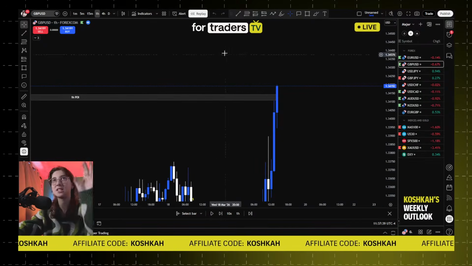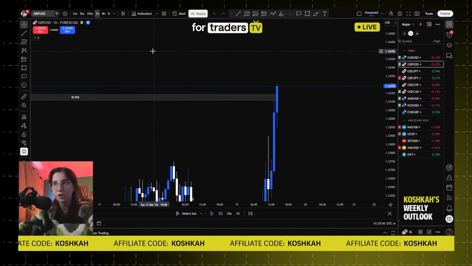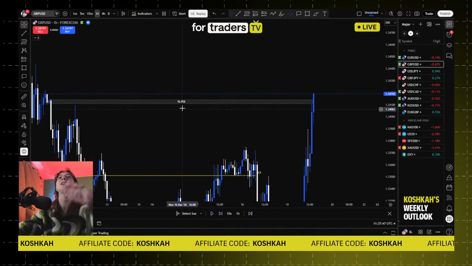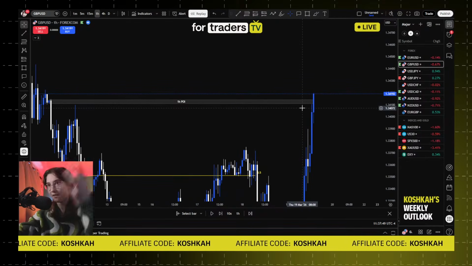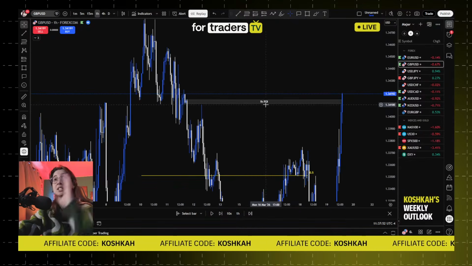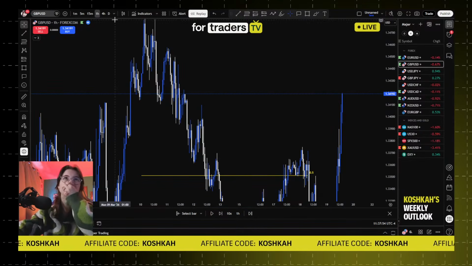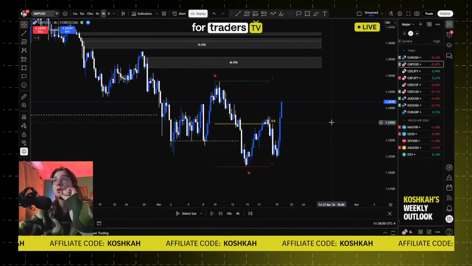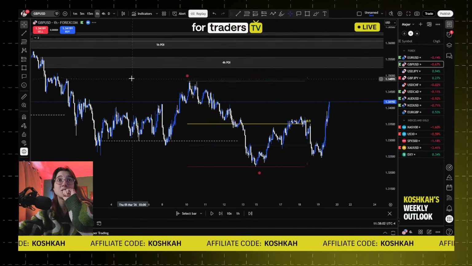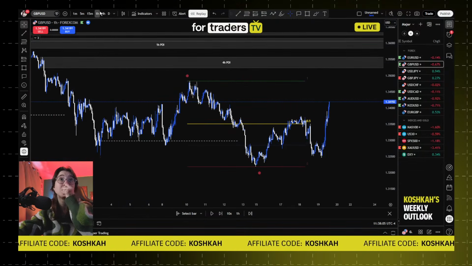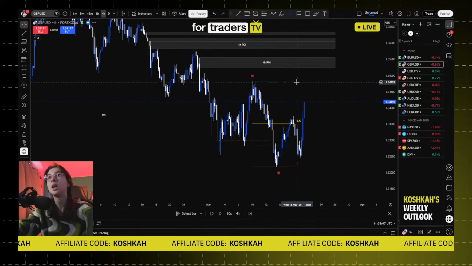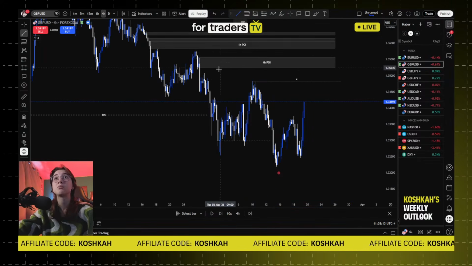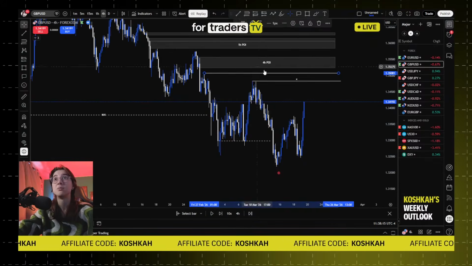So even if it creates your 15-minute change of character and all the confirmations, you don't care about it because it basically already failed. You don't want to take a trade from a POI that didn't have any reaction whatsoever. So that's why this POI, it's ciao bye. That was the only valid POI on GBP USD, and there's nothing else. We just wait for the POIs above, and for now this will just be some inducement liquidity for the POIs above right here.